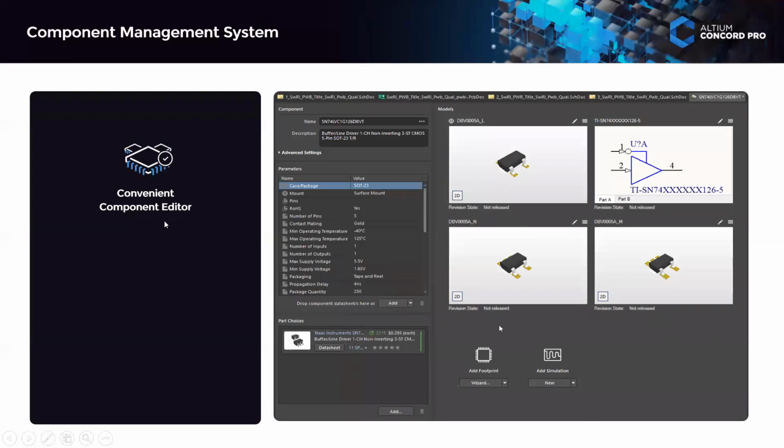Next, when you go for the component editor, this component editor is within the server. Within the server, if you want to create a new component, you can create it, or you will already have all the component folders inside your server, like different folders such as resistor folder, capacitor folder, transistor folder, transformer folder. Different folders will be there with many components inside. If you want to edit one of the components, you can just right click on the component and go for edit. Once you click edit, the edit page automatically comes up like this.